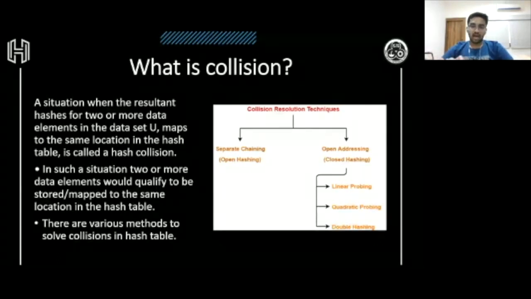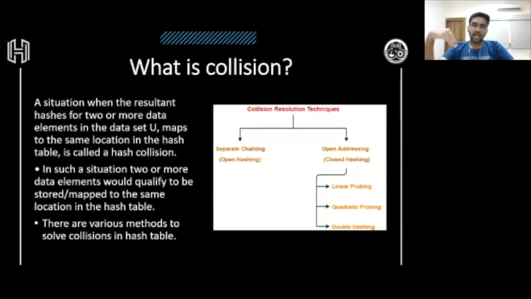in the hash table. Now, depending upon the hash functions, we have the techniques of linear probing, quadratic probing, and double hashing. So in linear probing, we simply extend the hash tables, and in quadratic probing, the function is quadratic.